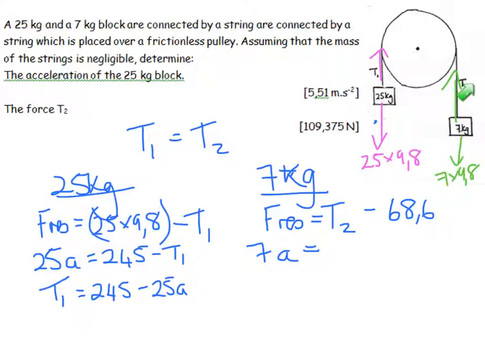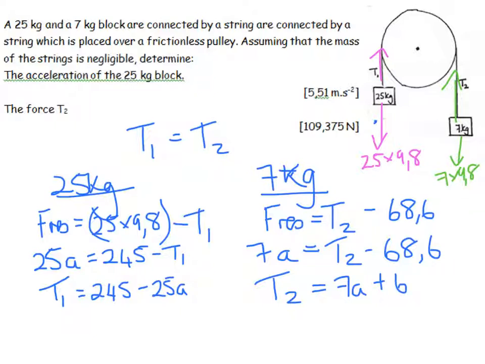The system moves with a certain acceleration. Weight is only one part of the forces that are exerted on each of those blocks. I land up with T2 minus 68.6. Rearrange that, make T2 the subject, and I get 7a